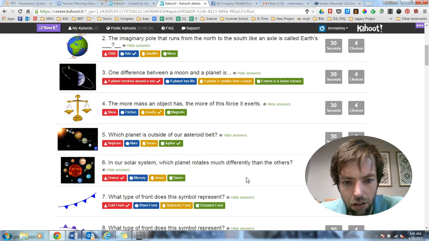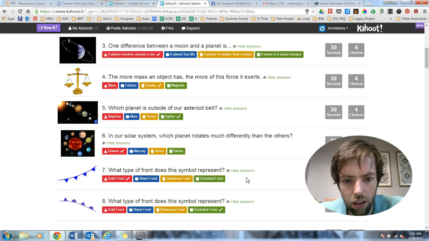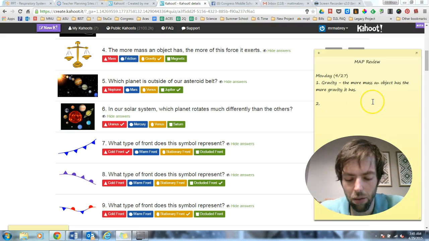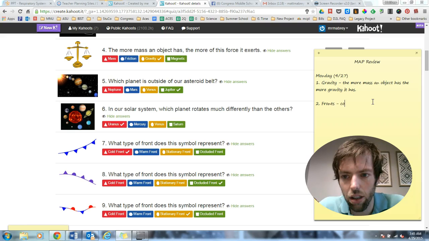Okay, I knew about asteroid belt. I didn't know that about Uranus, but I'm not sure why, so I'm going to skip that one. And oh, yeah, I forgot the difference between the cold front and the warm front right here. So maybe my next one I'm going to write down is the fronts. So cold fronts